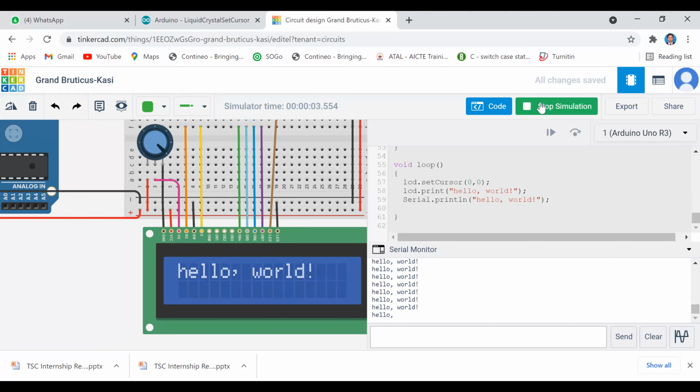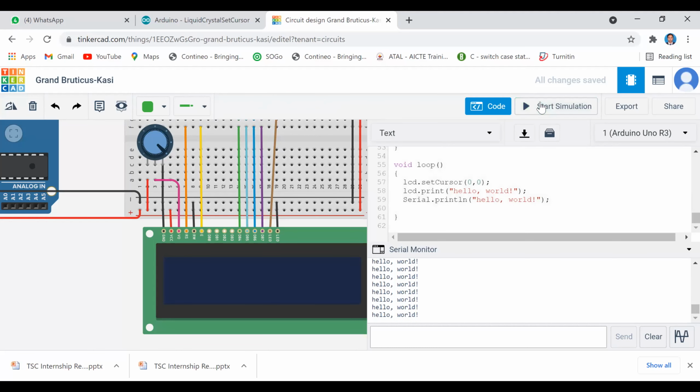See, in the previous exam also, I asked you to write your first name on the first line and put your second name in the second line. So what I can do is use the same program. Here I'll put my first name, whatever, you can put your first name.